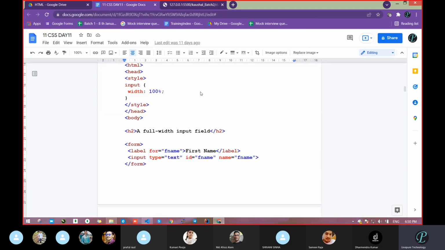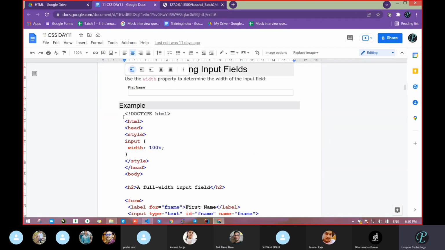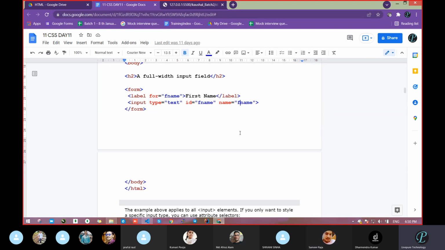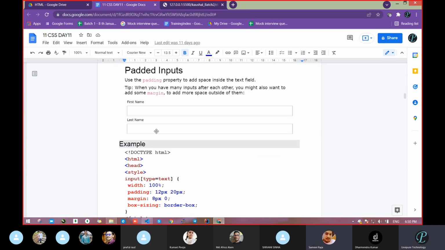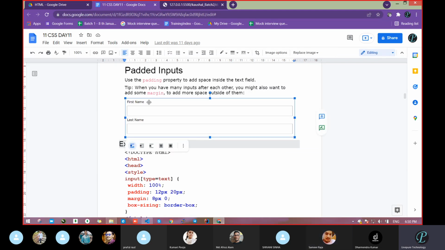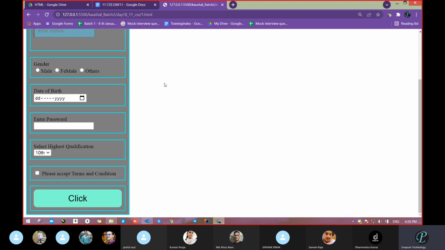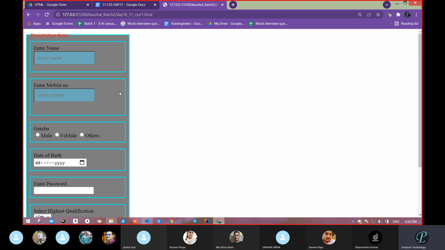So go through the document. Now, if you have to design, you can take that. Nothing else is there, just the input field and this thing. Then padded input, a different type. The label is small and the input field is full. You can take 100% width of the input field. Suppose we want this input field to be 100%.